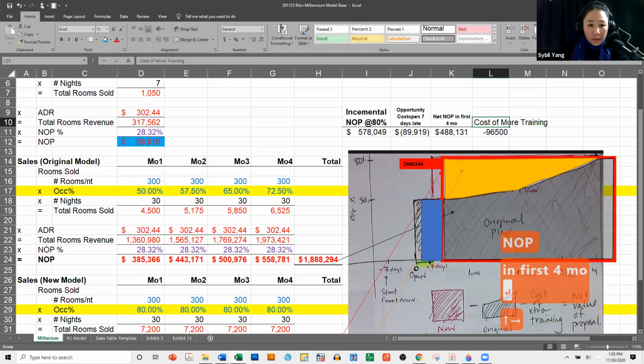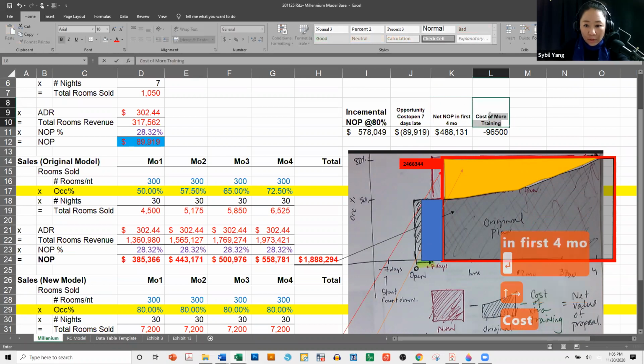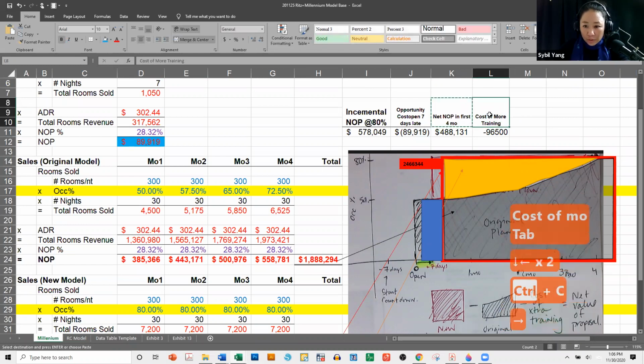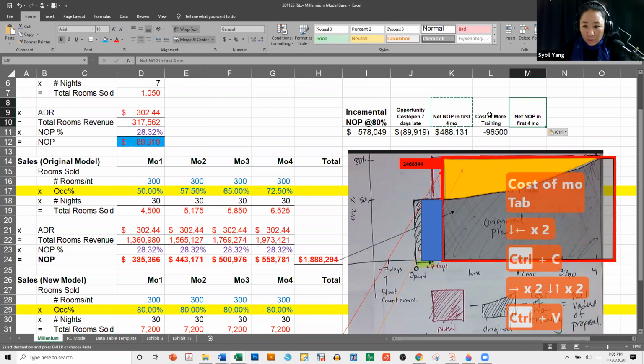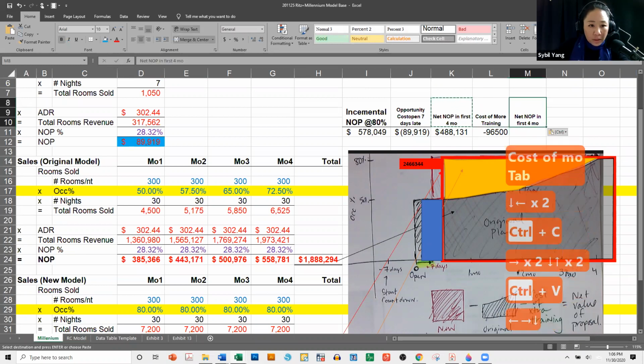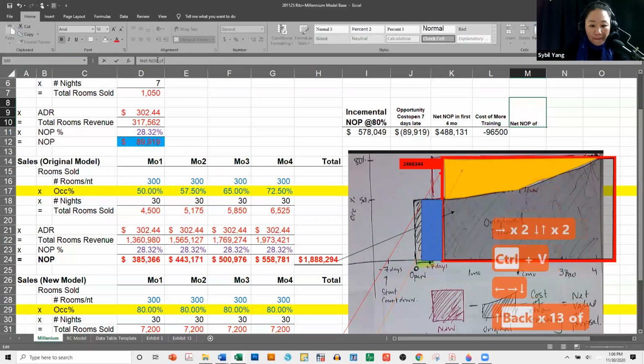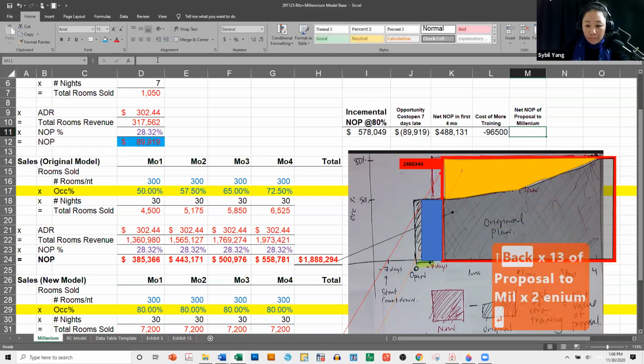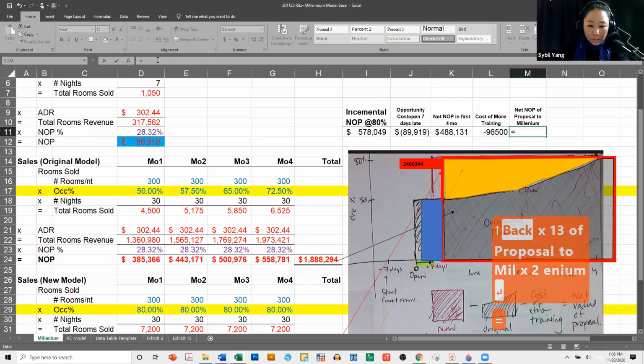Okay. Cost of training. Cost of more training. Okay. Equals net NOP of proposal to Millennium equals